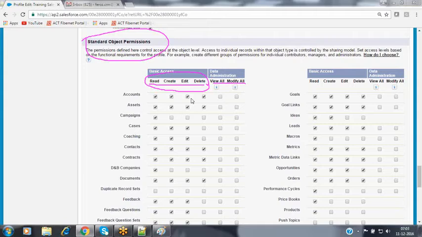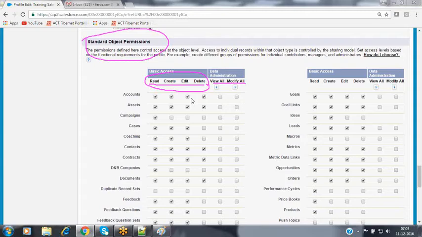Previously we discussed granting permission using the sharing settings, where we granted either read-only access or read-write access. In this kind of scenario, whenever the user has read-only access, I don't want to make the edit button and the delete button visible here. If the buttons are available, the user will definitely try to click on the button to perform those operations.